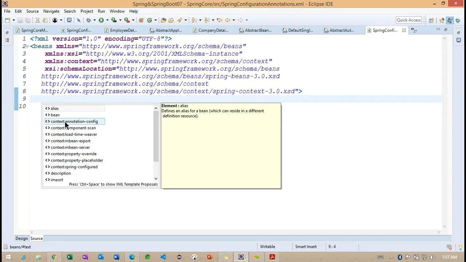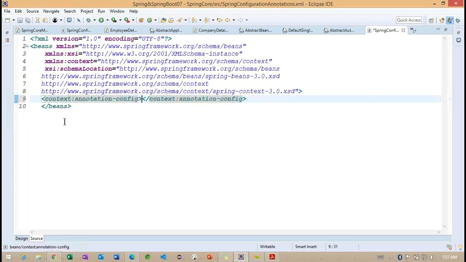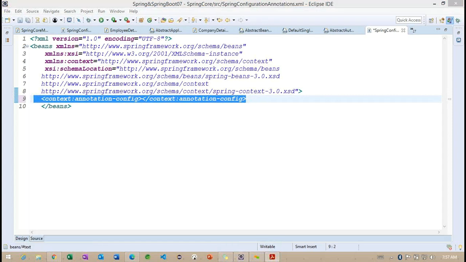Basically, I'm expecting this particular tag here, context colon annotation config. Whenever we specify this particular tag, what are we going to explain here? Why do we want to move to annotations? What are the drawbacks we identified in the XML configuration?